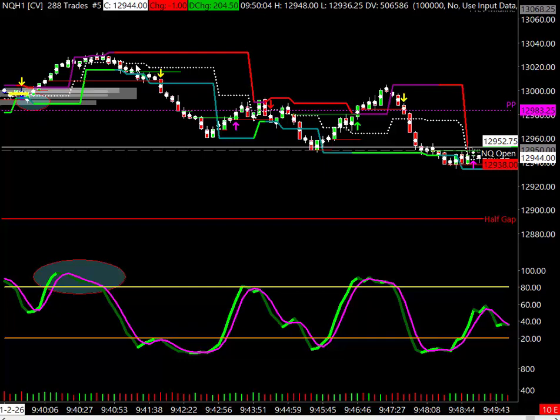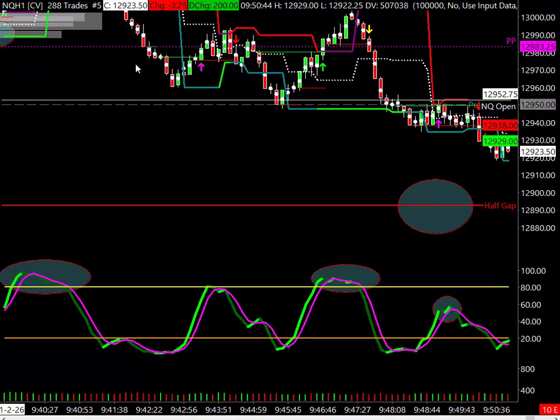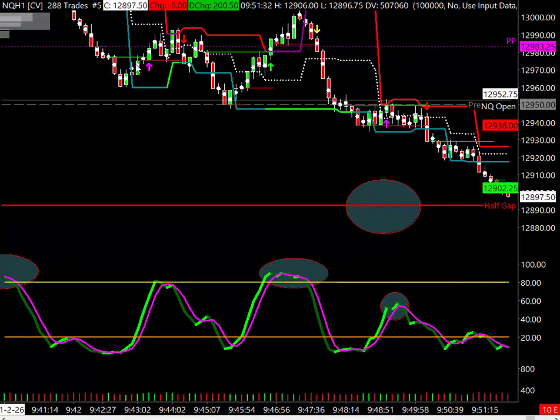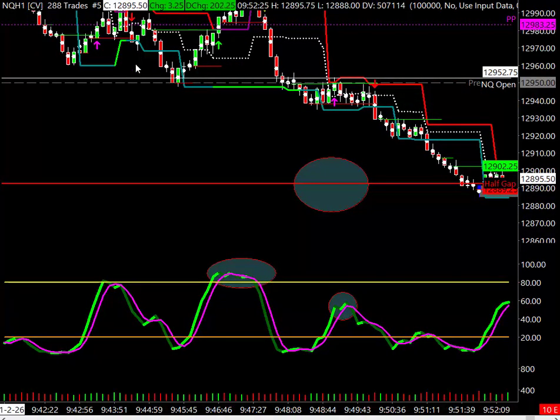like our centipede, our brand spanking new oscillator, is trying to tell us another push to our half gap on the day. So if our oscillator does not make a new high here after seeing this higher low to our left, we're looking for the break of the actual open. So we come on, we get our red arrow, we push on down and take out our half gap there